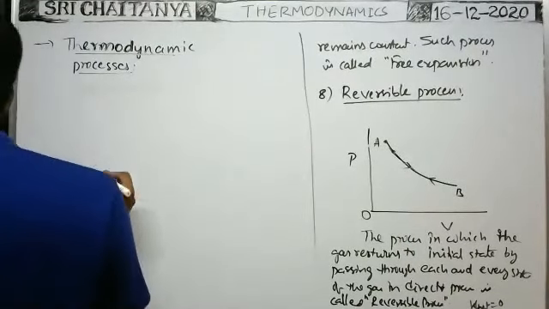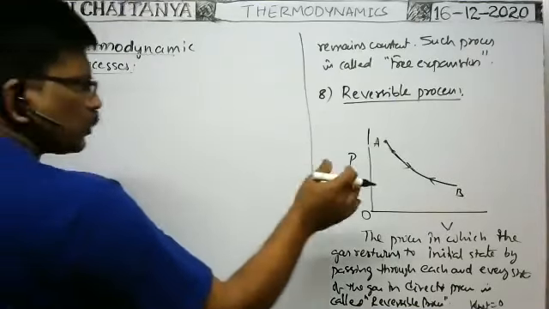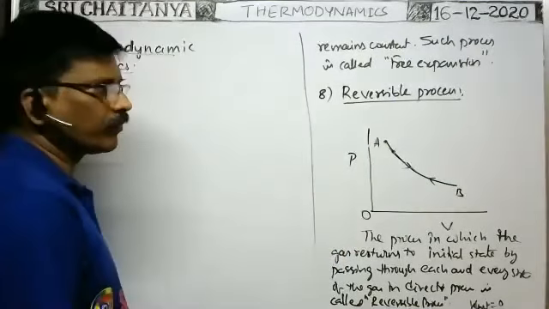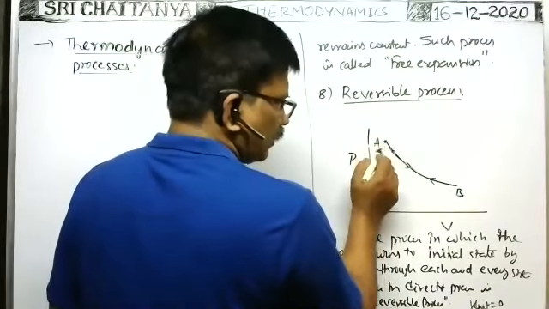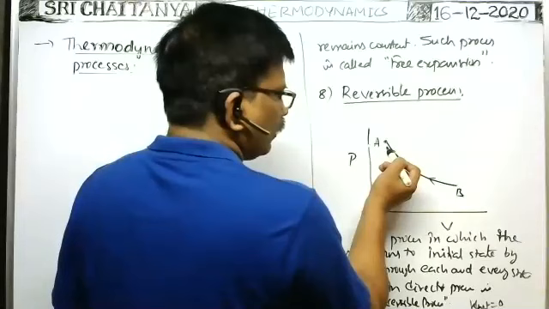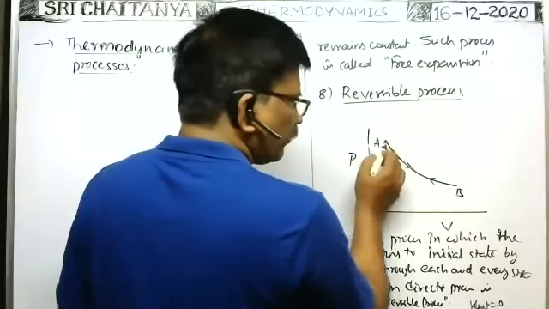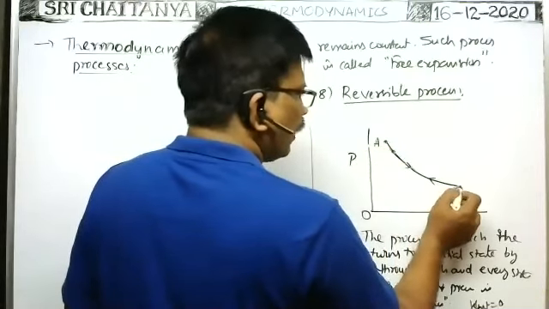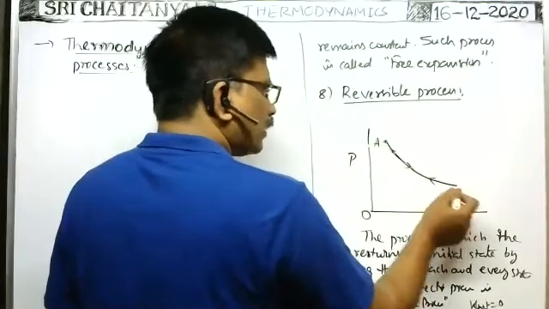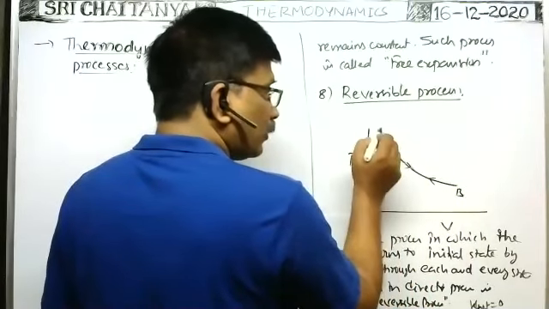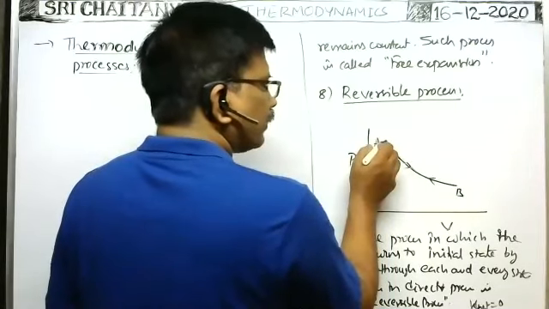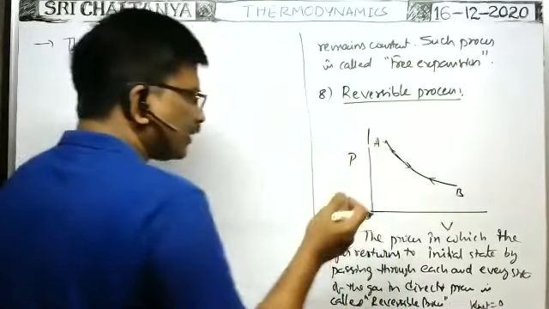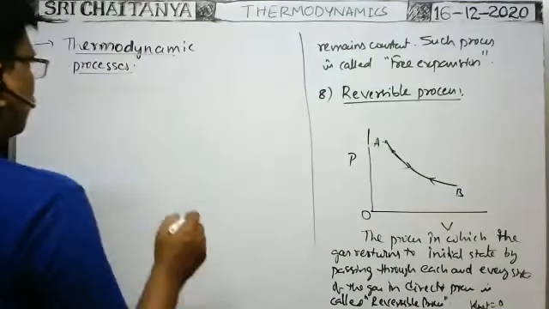So in this process, what is the change in internal energy? In a reversible process, the gas or system travels in the direct process through different states and reaches the point B, and returns back to A by passing through the same states. As it returns back to A, the initial state and final state after the reversible process are the same. That's why temperatures are the same. When temperature is the same, the change in internal energy is zero.